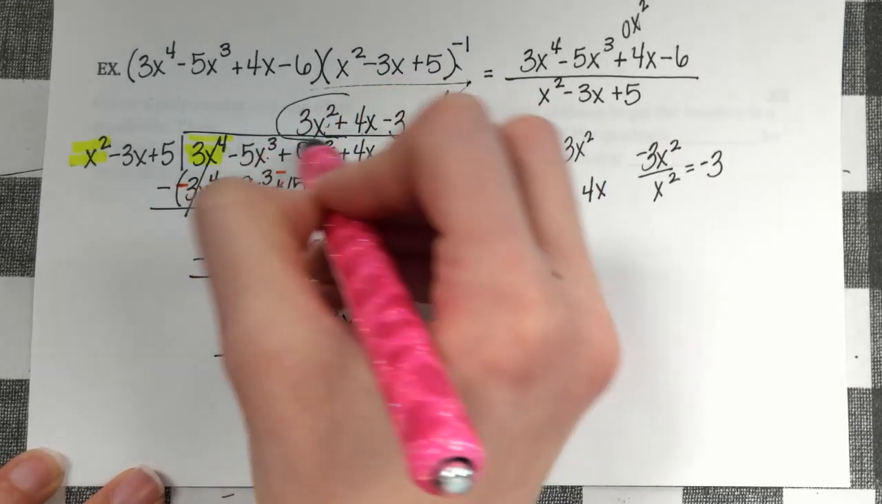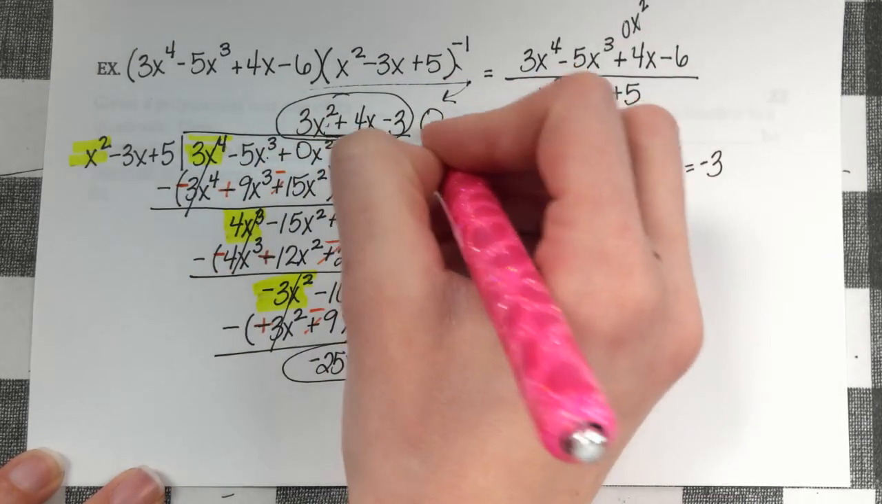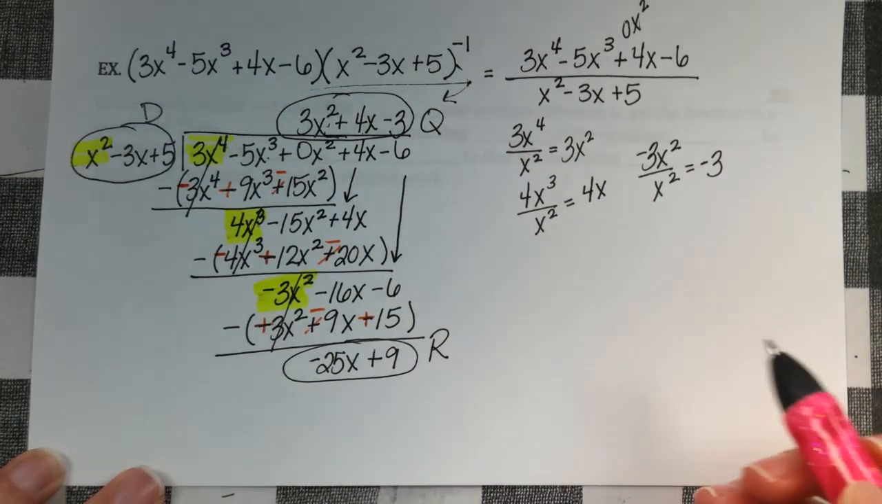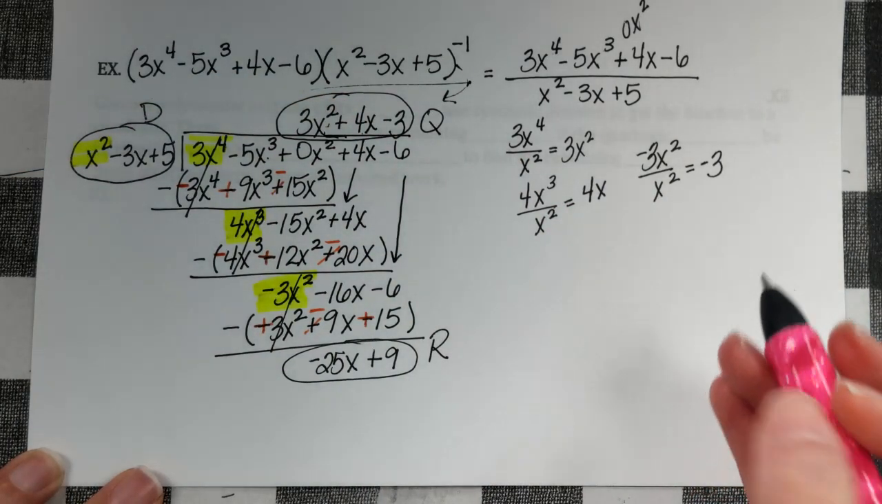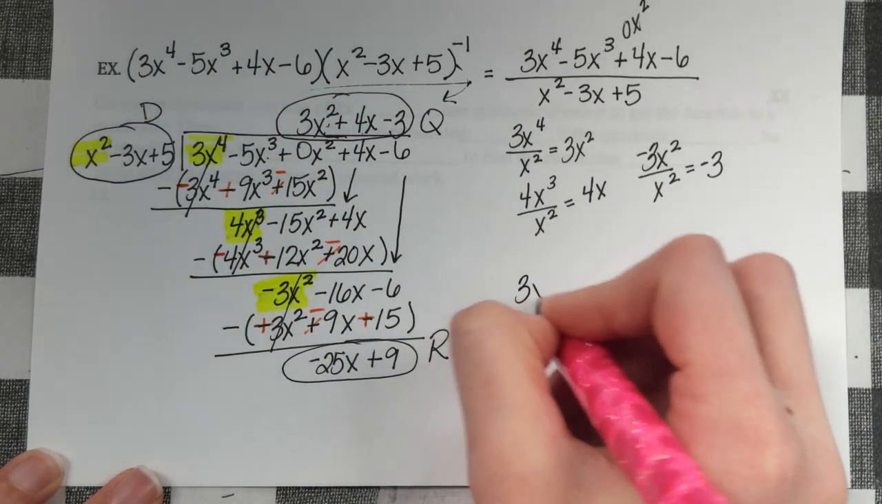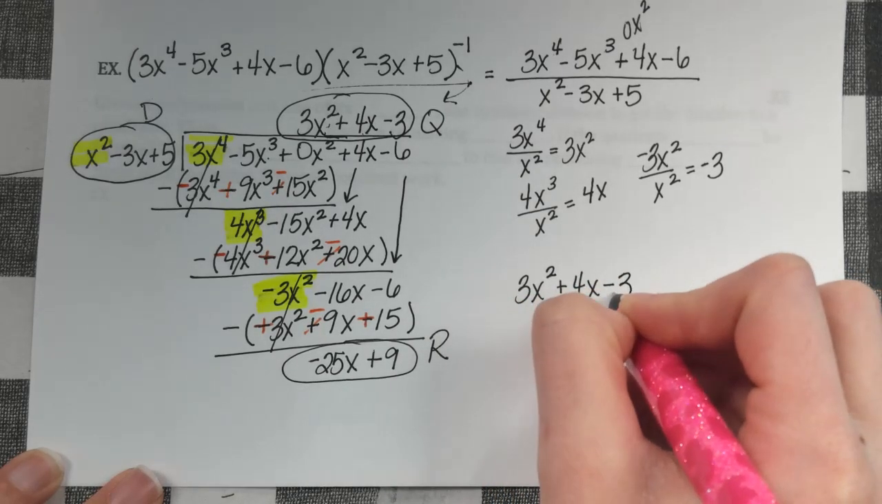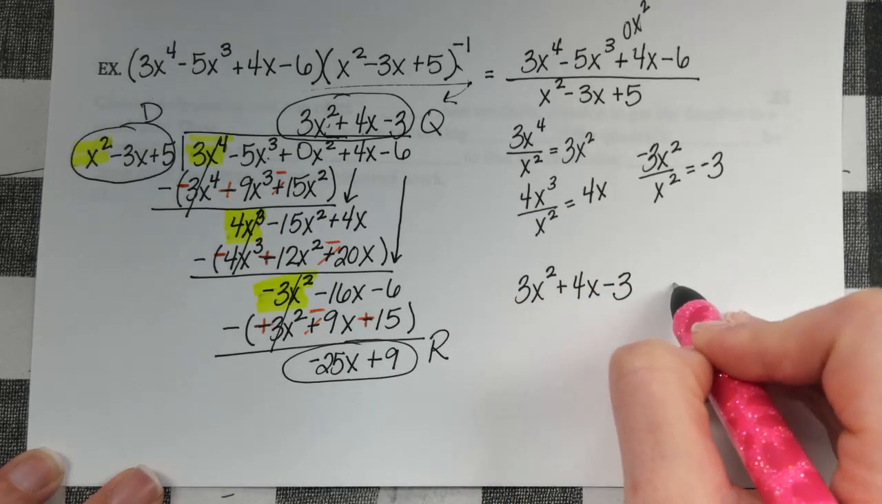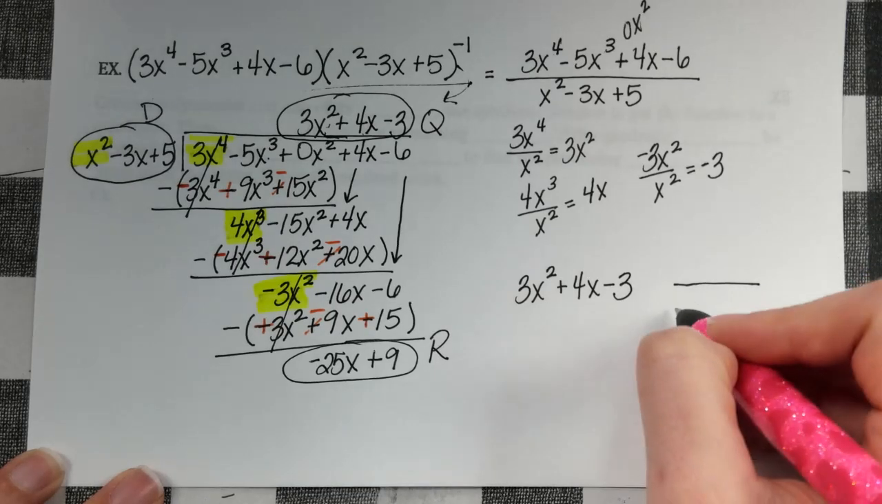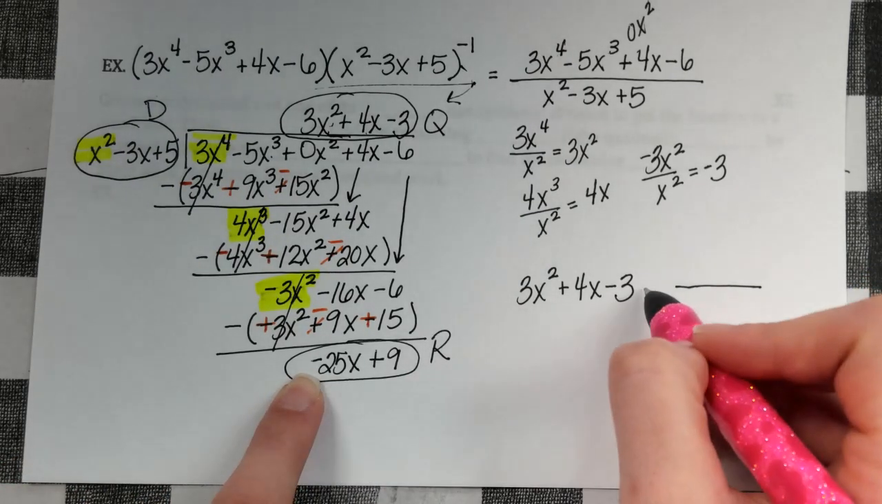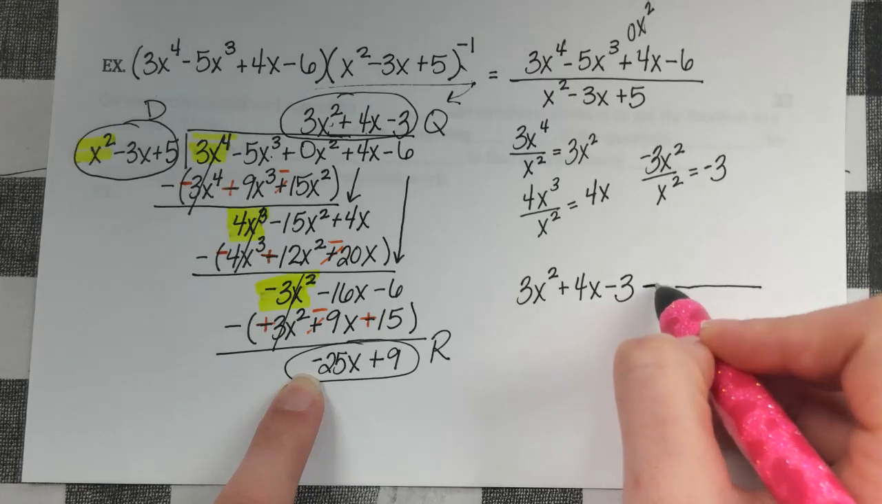The 3x squared plus 4x minus 3 is my quotient. And then the x squared minus 3x plus 5 is the divisor. So when you write your answer, you copy that 3x squared plus 4x minus 3. But what happens whenever I go to do my remainder over my divisor? Okay, this is a negative. So when I bring this negative out, I have my